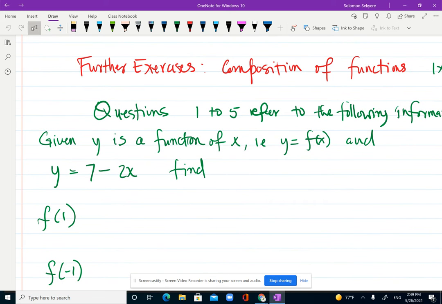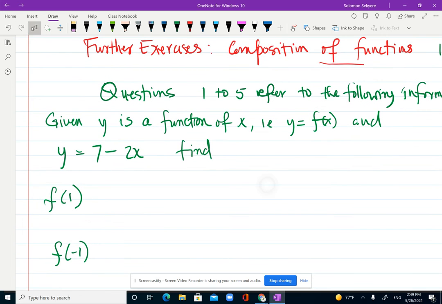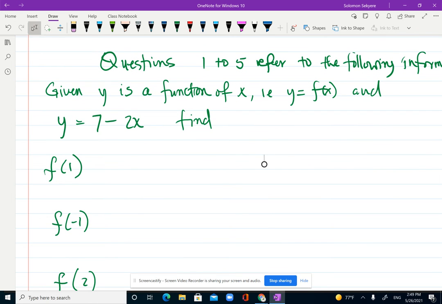Okay, we're going to work on composition of functions today. All right, the first question, really easy. You have y is a function of x, right? That means y equals some value of x. So when y depends on some value of x, you can change the x values and you get corresponding